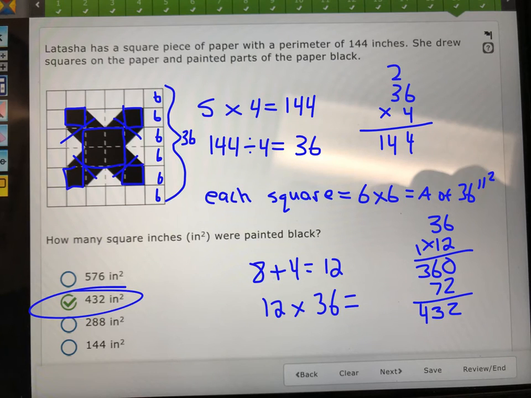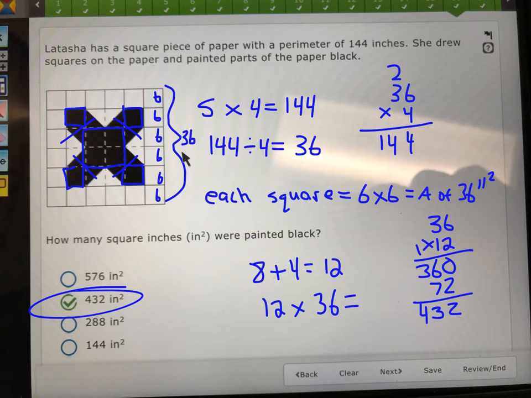Now again, this is about reading carefully. We have this square piece of paper with a perimeter of 144 inches. So if this plus this plus this plus this equals 144, I can figure out the length of each side, since there are 4 of them, by taking 144 divided by 4. And I get 36. So each side is 36